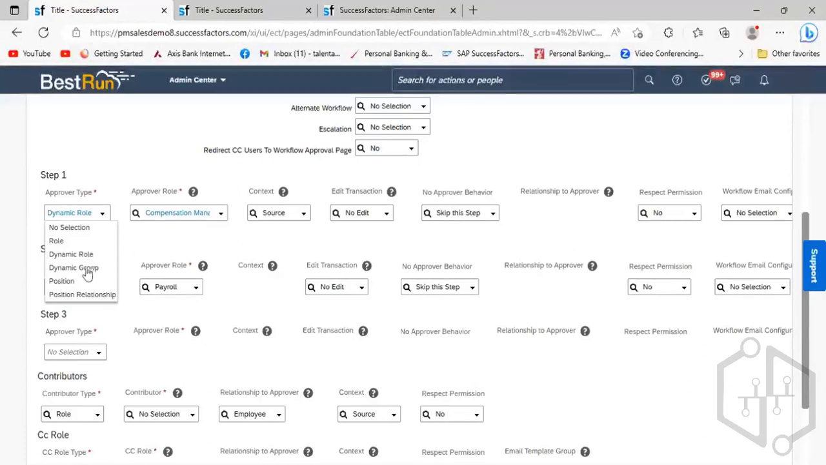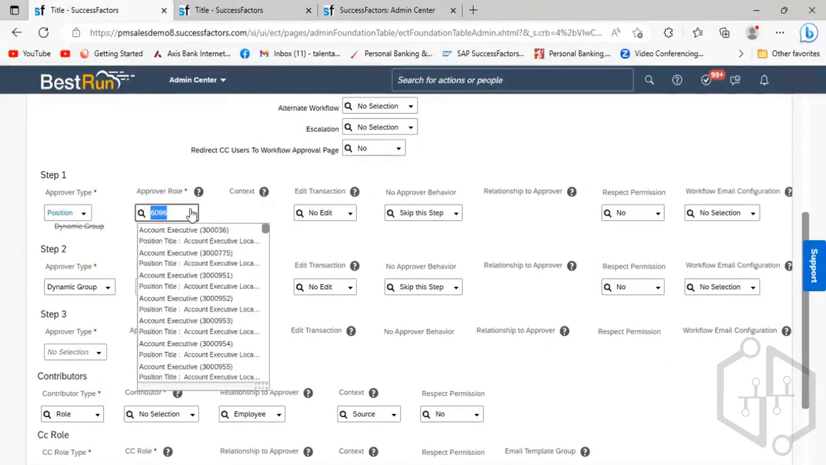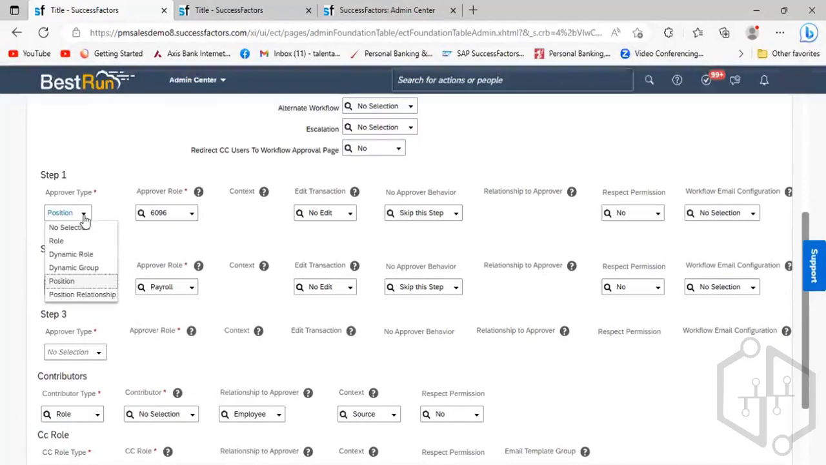That is not major, because we know the position has already been created in the managed data. The position is an MDF object, so we are creating the position. If you are selecting the position here, those positions will be populating here. The position relationship also has some importance, but we are more focusing on role, dynamic group, and dynamic